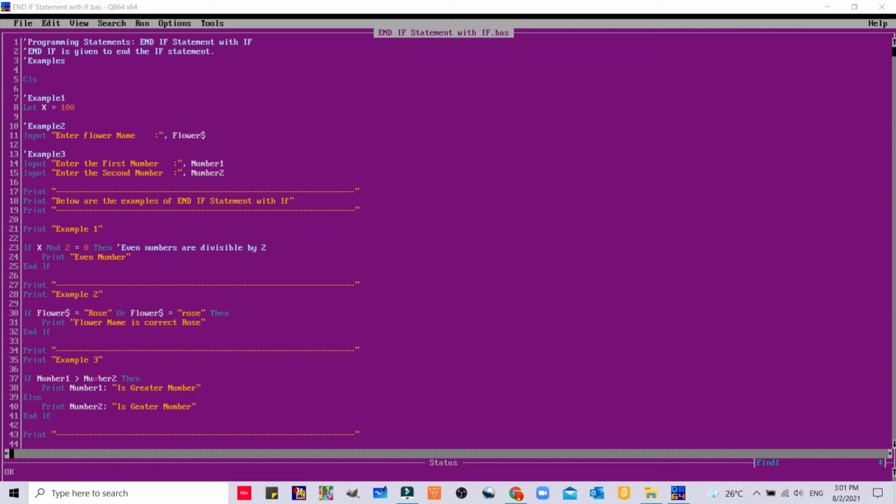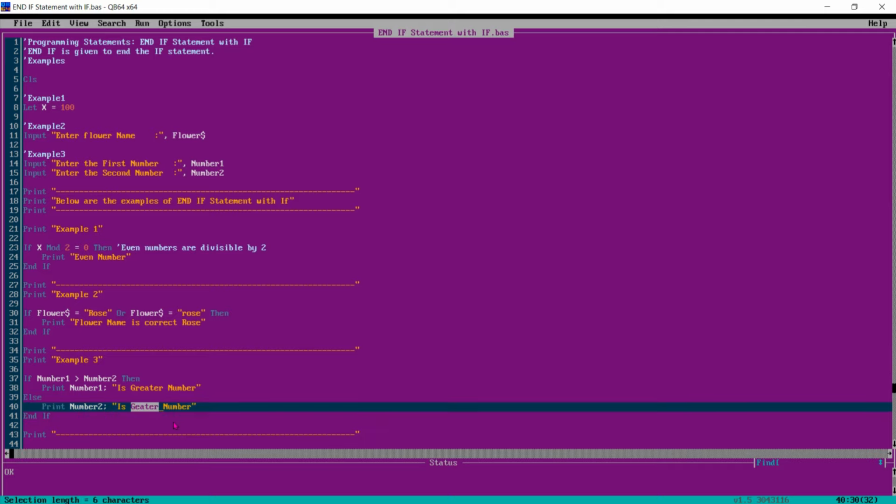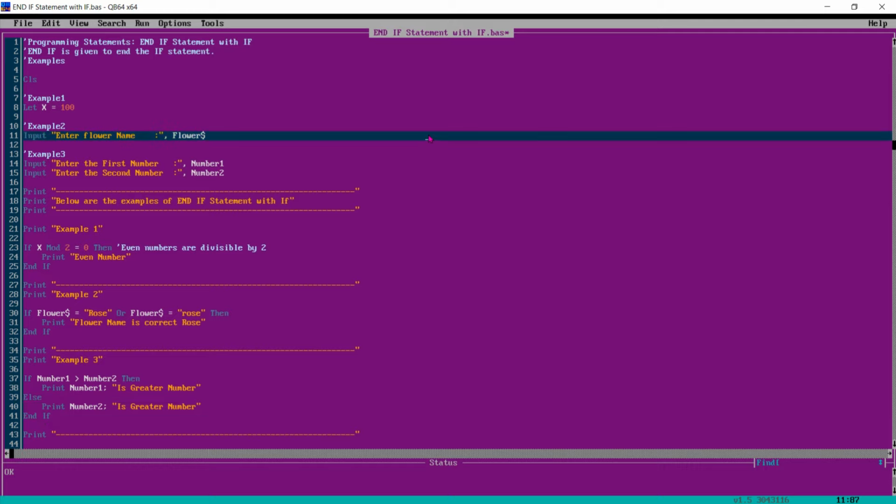If number 1 is greater, because we have used the relational operator, then print number 1 is greater, else print number 2 is the greater number. And then END IF. So these are the three examples.